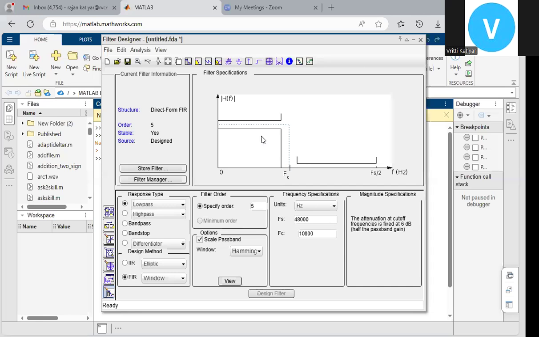In this session, we will be analyzing the filter characteristics, specifically a FIR filter, using a tool. The FIR tool can be used in MATLAB. In the command window, we have to write fdatool, and the filter design window will open, as mentioned